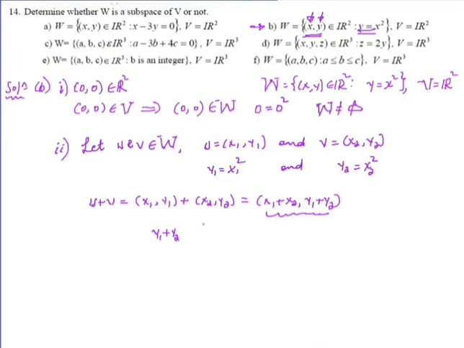y2, the squared value of the first entry, should come. y1 plus y2 means y1 is x1 square, y2 is x2 square, right? Here y1 is x1 square and y2 is x2 square, but this is not equal to x1 plus x2 the whole square. x1 square plus x2 square is not x1 plus x2 the whole square. So this means u plus v is not an element of W, there is no